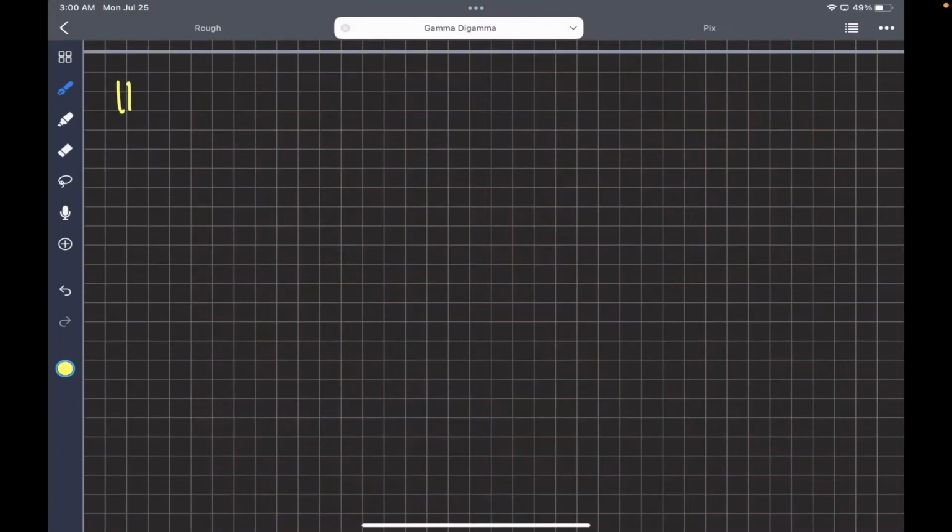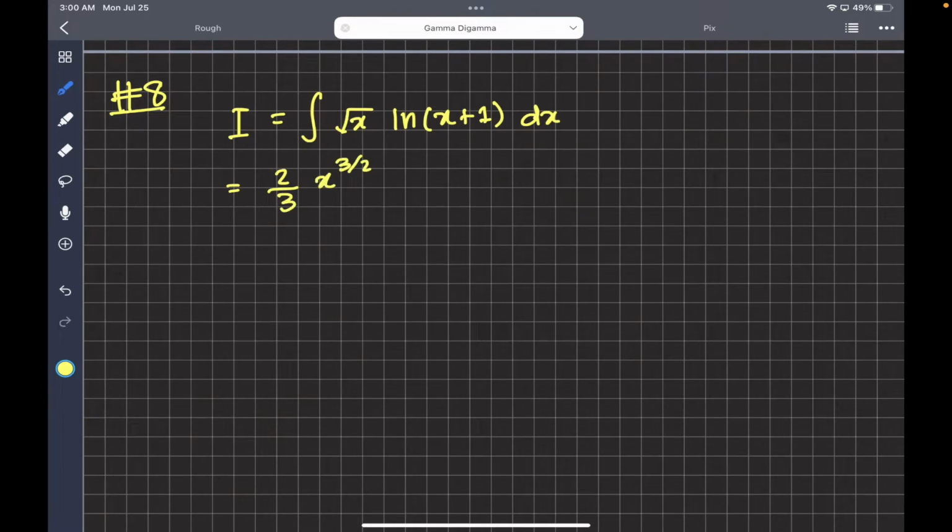And there we go. So I equals the integral of square root x times natural log of x plus 1 dx. This is again a classic case of integration by parts. We're obviously going to integrate the square root x and then differentiate natural log, because you can't really integrate a natural log without much hassle. So 2 over 3 after integration, 2 over 3 x to 3 halves, natural log of x plus 1 minus 2/3